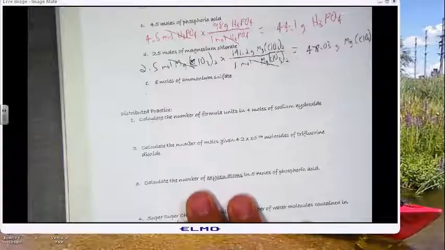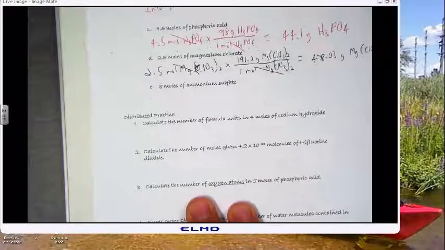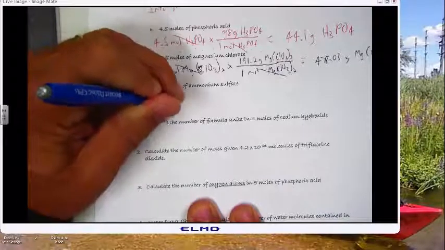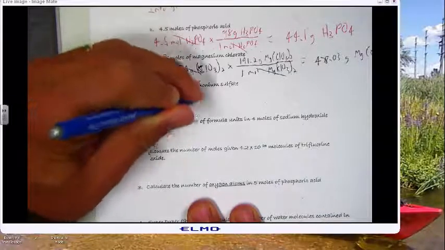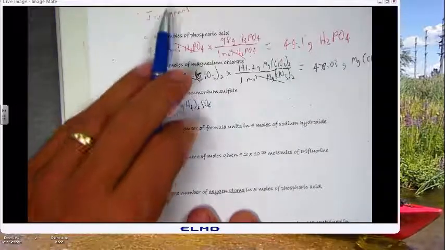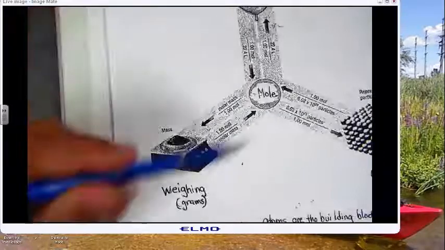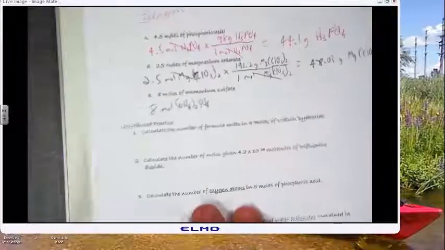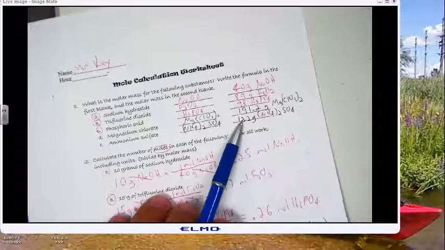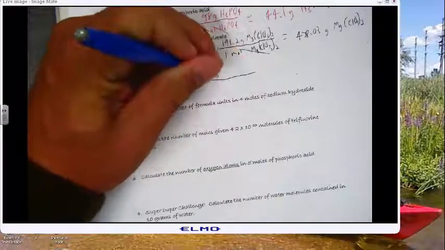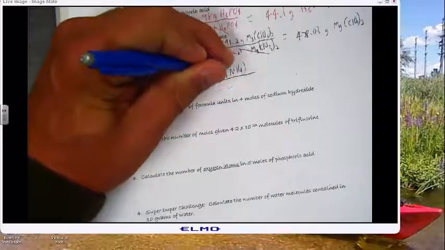The other part, E, on the back side, dealing with the same compound, 8 moles of ammonium sulfate. We start writing out what it is they told us. 8 moles NH4 taken twice, sulfate. Use the map to figure out how to get from moles to grams. The mole is in the middle. Grams is the molar mass on top, 1 mole on the bottom. The molar mass from there is 132. On top is 132 grams ammonium sulfate